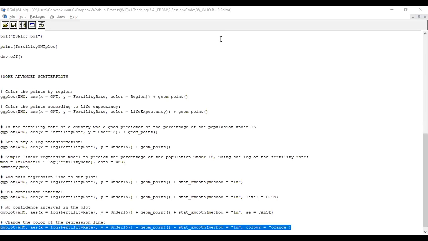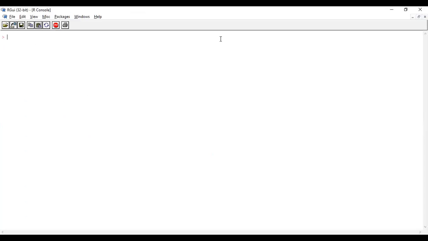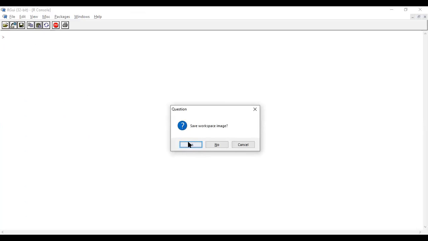Are you able to see my screen or? No, sir. Okay, R software. No, sir. Okay. Are you able to see the screen now? The 1 minute.